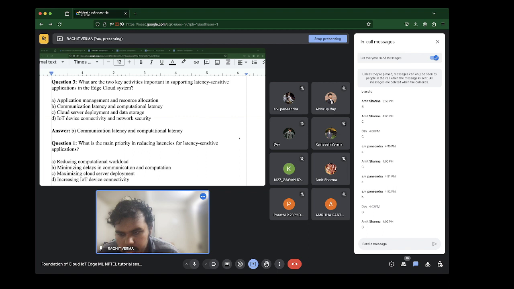Of course this question directly follows from the previous one. What is the main priority in reducing latencies for latency sensitive applications? Is it A, reducing computational workload, B, minimizing delays in communication and computation, C, maximizing cloud server deployment, or D, increasing IoT device connectivity?